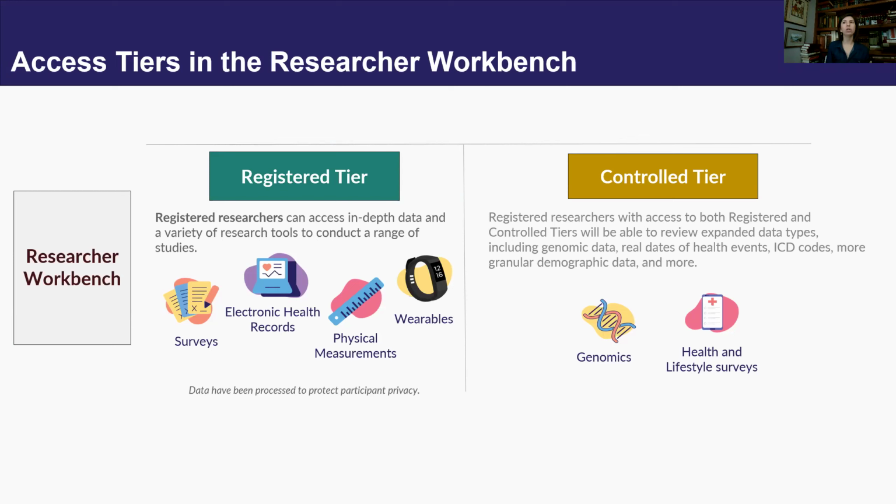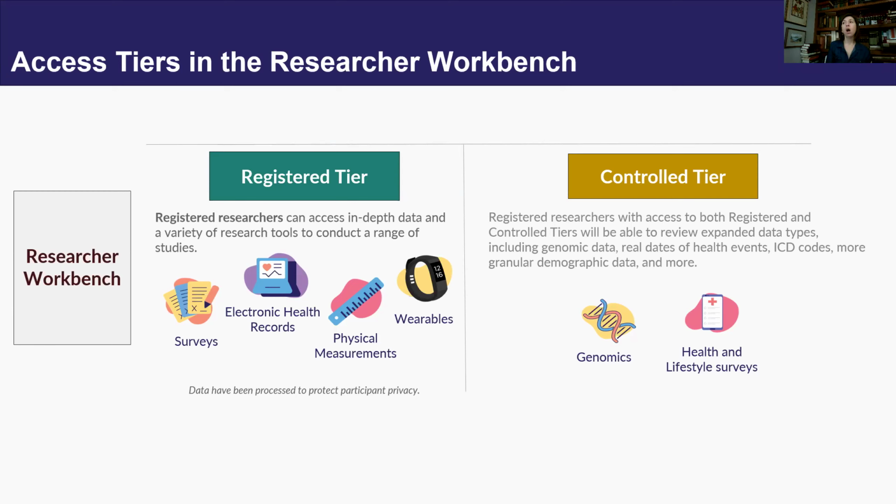This tier of data includes sources like surveys, electronic health records, physical measurements, and wearable devices, specifically data from Fitbit. These data are made available with some privacy protections in place. So for example, certain fields are generalized or suppressed to protect participants,